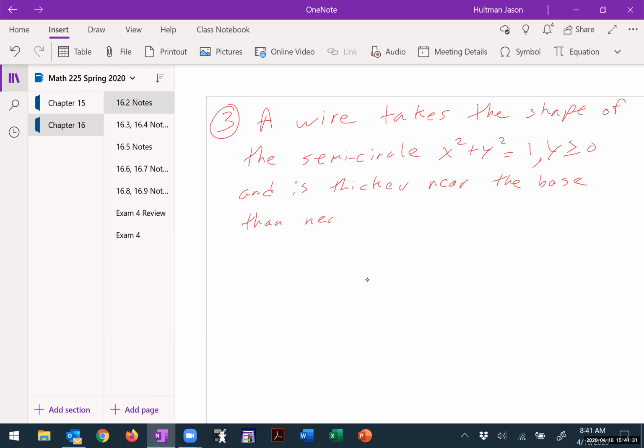Okay, find the center of mass of the wire